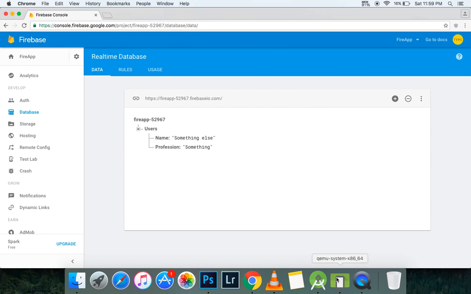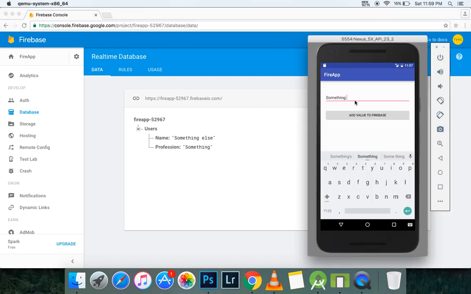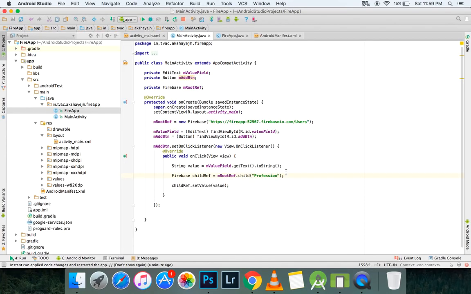Now there arises one more problem. Now if I type in something else or maybe some other text, let's type in some other text and hit the add button. Now it's going to set that to our profession key. So that's again a problem. We are not creating a new child, we are just keep on adding it to the previous one. Now there's one way to do it, and that is,